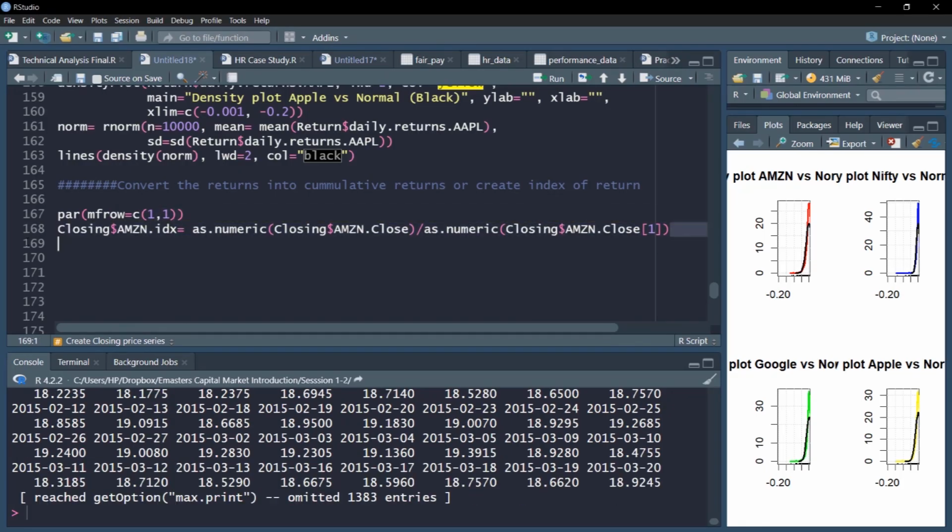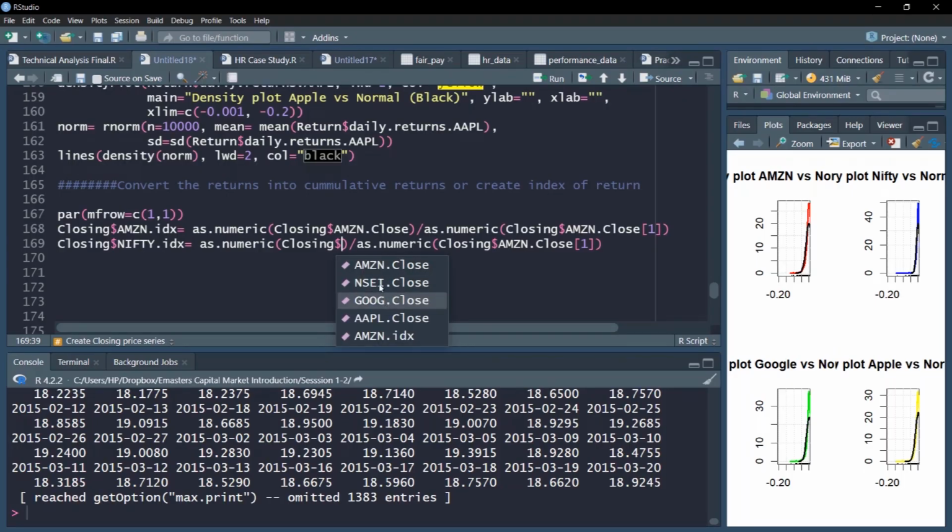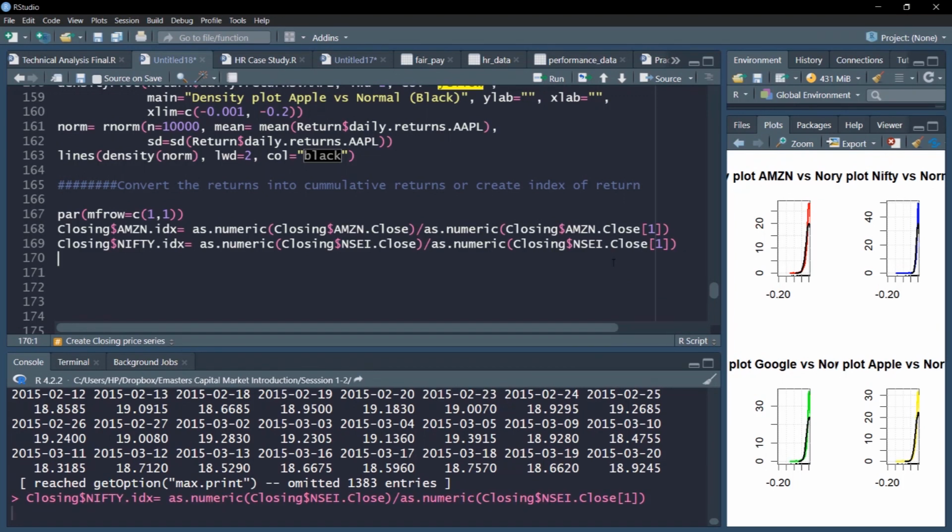Similarly, in the next set, I'll create the Nifty index. I will replace Amazon with Nifty here, and here also I'll use Nifty. Next we have Google.